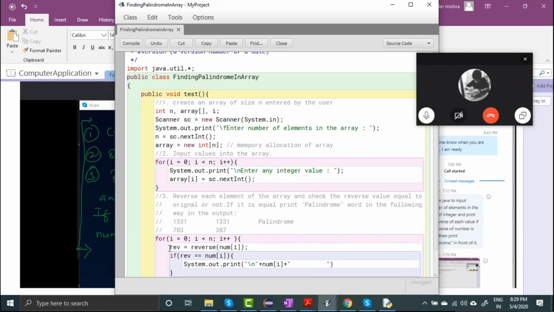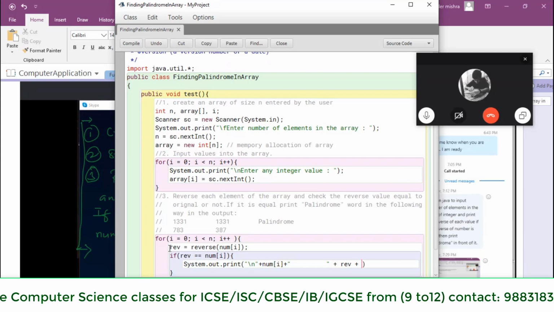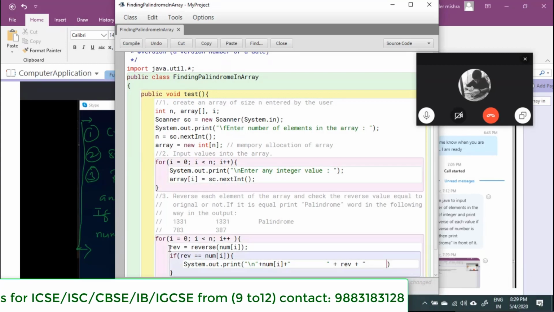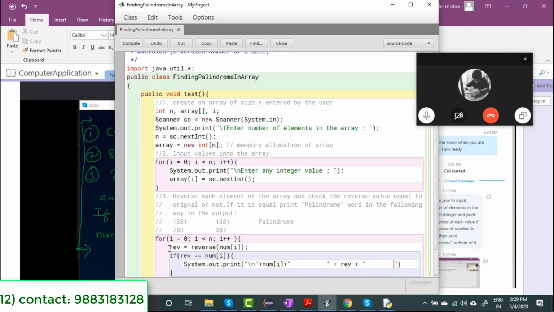Then you give plus, then write the value of rev, the reverse value. Then leave some spaces like this, 10 spaces, and after leaving 10 spaces, write the word palindrome.